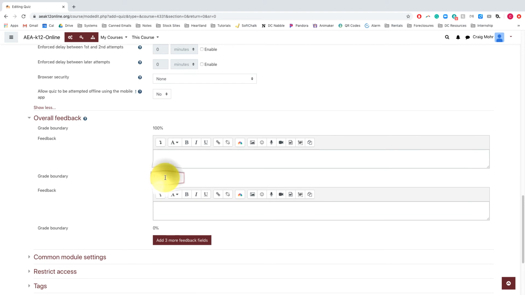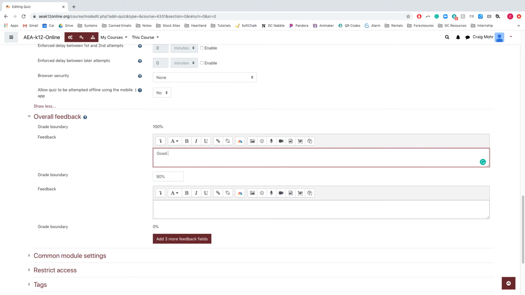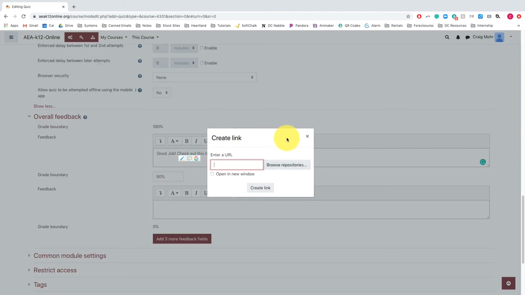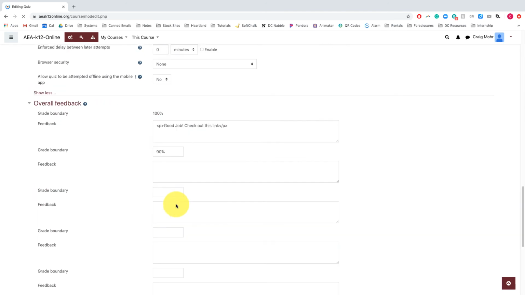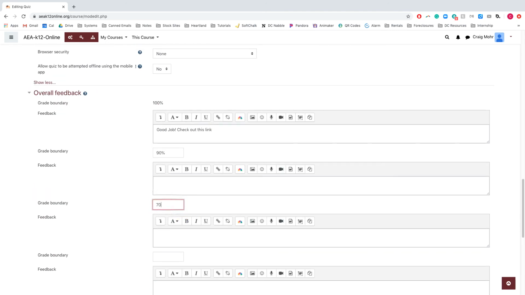So here you can put some grade boundaries. So if I want to say anywhere between 90 and 100, good job. And honestly, this is a good place to put some differentiation, to automatically differentiate. And then you could throw a link in here to an article that only people between 90 and 100 are going to see if they score on this quiz. So it's kind of like an extension. And then you could do another one. So maybe I also want to do between 70 and 90,